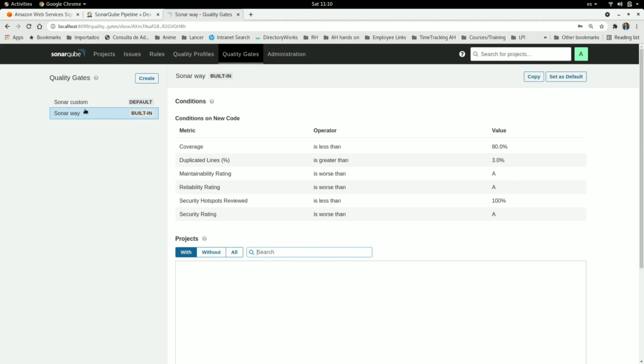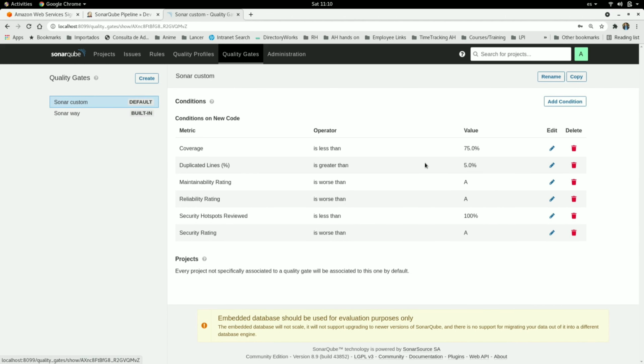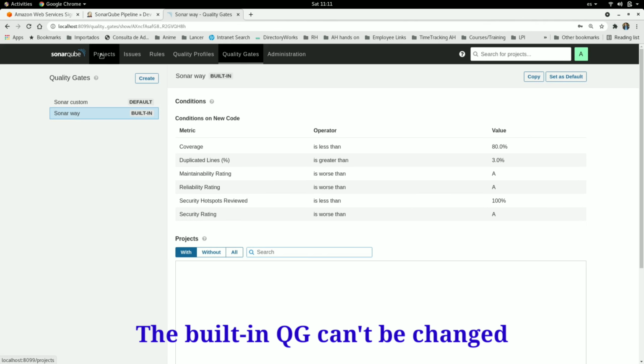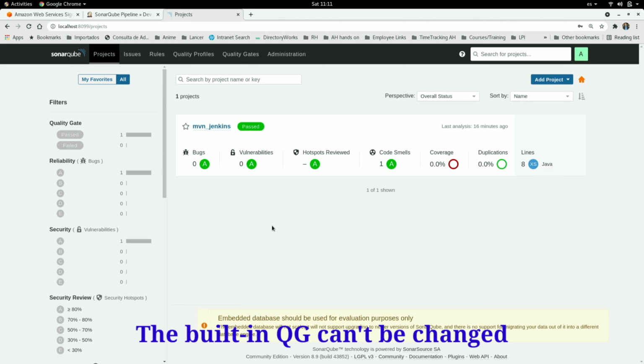You can see one difference here is that for the custom one, you can edit all of these values. You can even delete metrics or add conditions, but for the built-in, you can't modify any. Okay, you can go back to the project and you can see